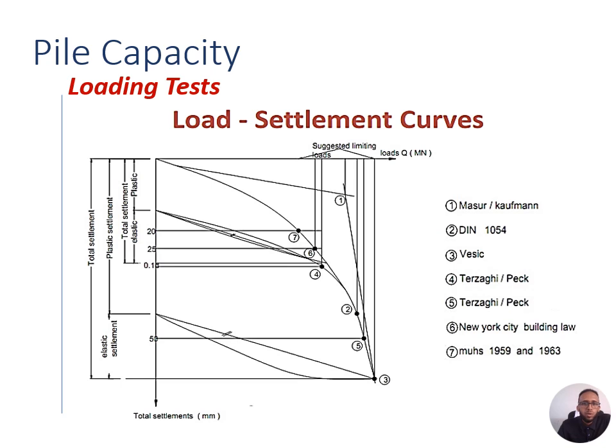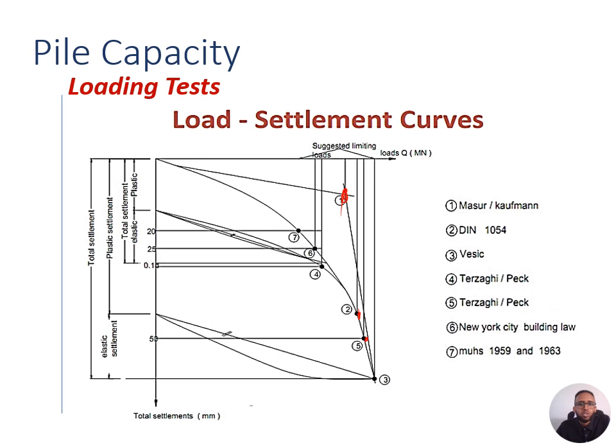There are several methods to identify the limiting loads. For example, if you take the point where the end tangent of the curve intersects these points, which are in dark. The second is the point where the curve begins to show steeper slope. And the third is the point of the maximum slope, which represents the steepest part of the curve. So choosing these three methods to identify our limiting load,